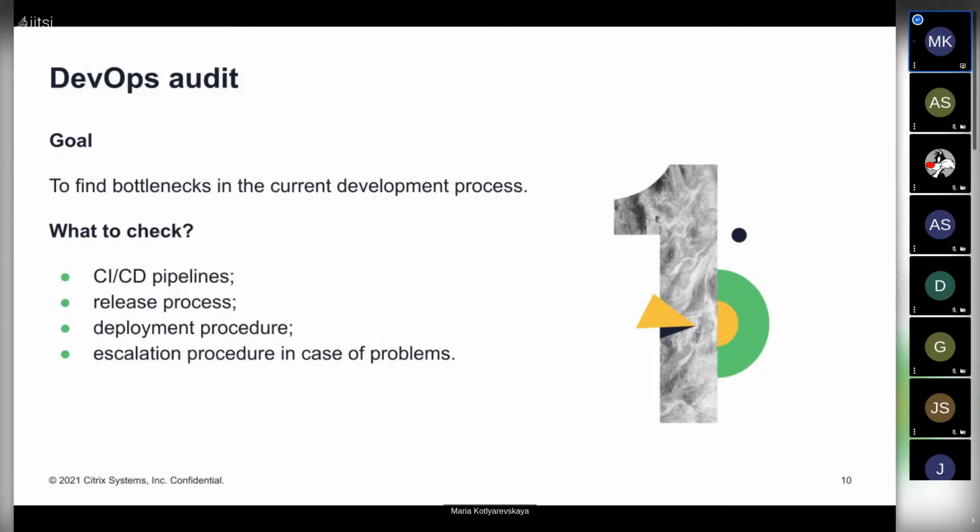At this point, also try to be focused, and our goal is to find bottlenecks in the current development process. Again, you shouldn't fix all problems.